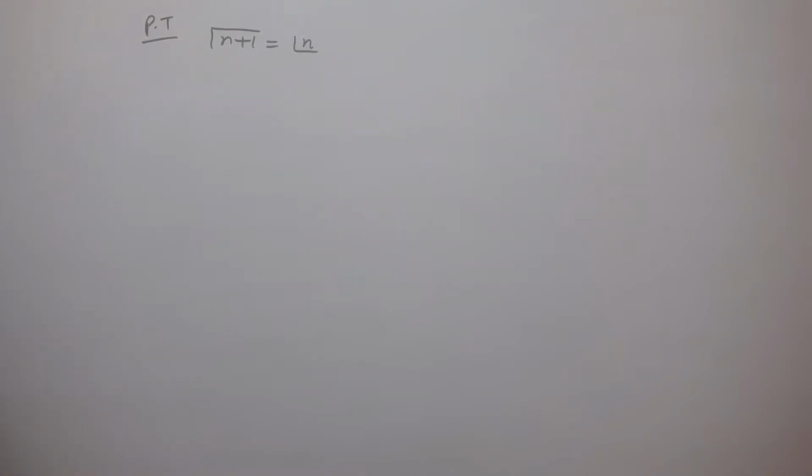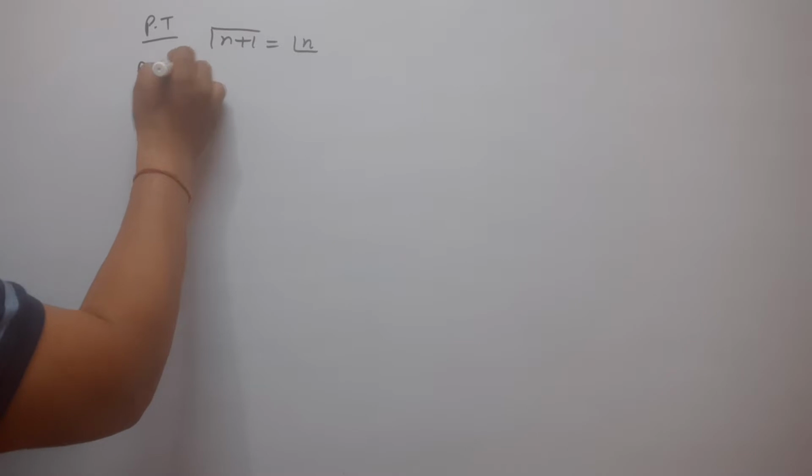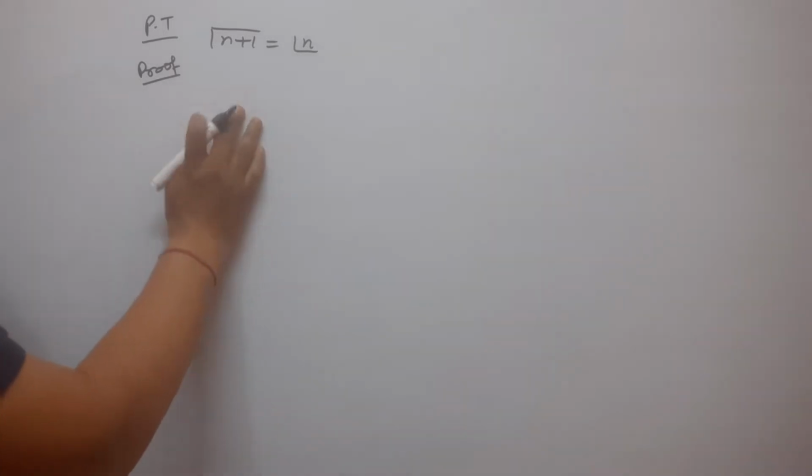Students, now we have to prove that gamma n plus 1 is equal to factorial n. So here we have to prove that gamma n plus 1 is equal to factorial n. So first we know that